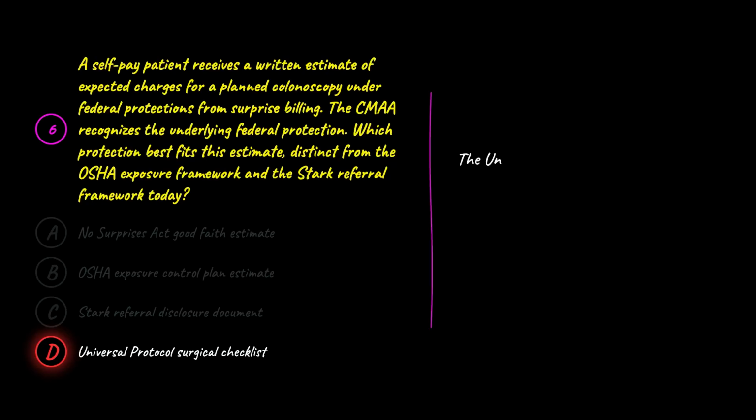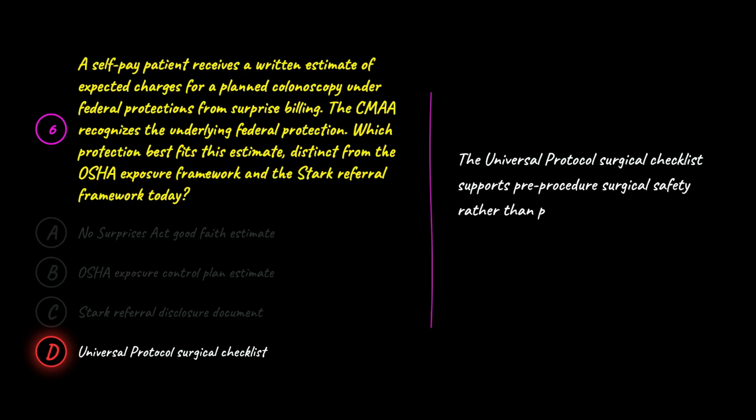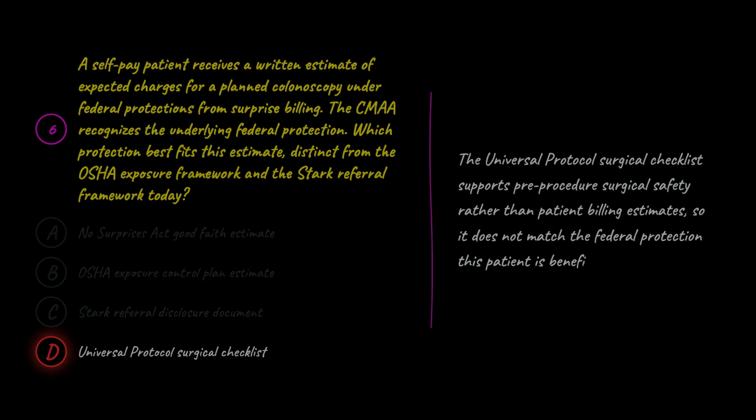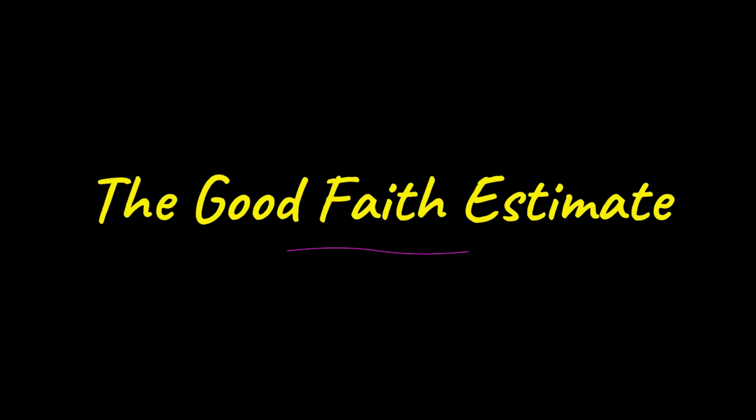D is wrong because the Universal Protocol Surgical Checklist supports pre-procedure surgical safety rather than patient billing estimates, so it does not match the federal protection this patient is benefiting from today. The No Surprises Act